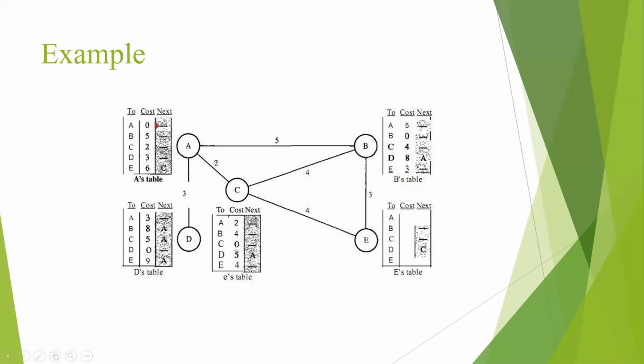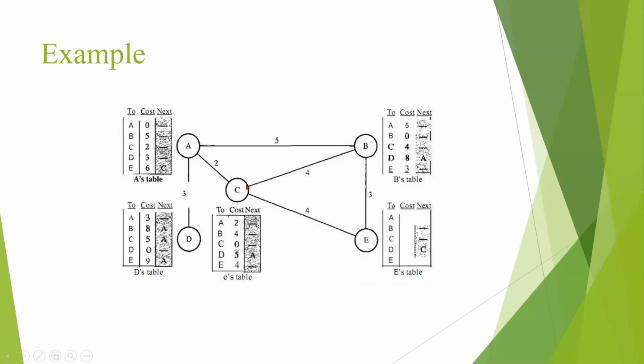It means here the cost is 0. At A it does not transfer. It means the distance is 5. They are numbered as 5, 4, 3, 2, 1 or something. Here, when A travels to A, it is 0. A travels to B, it is indicated as 5. A travels to C, it is indicated as 2. A travels to D, it is indicated as 3. A travels to E, it is 4 plus 2, 6.